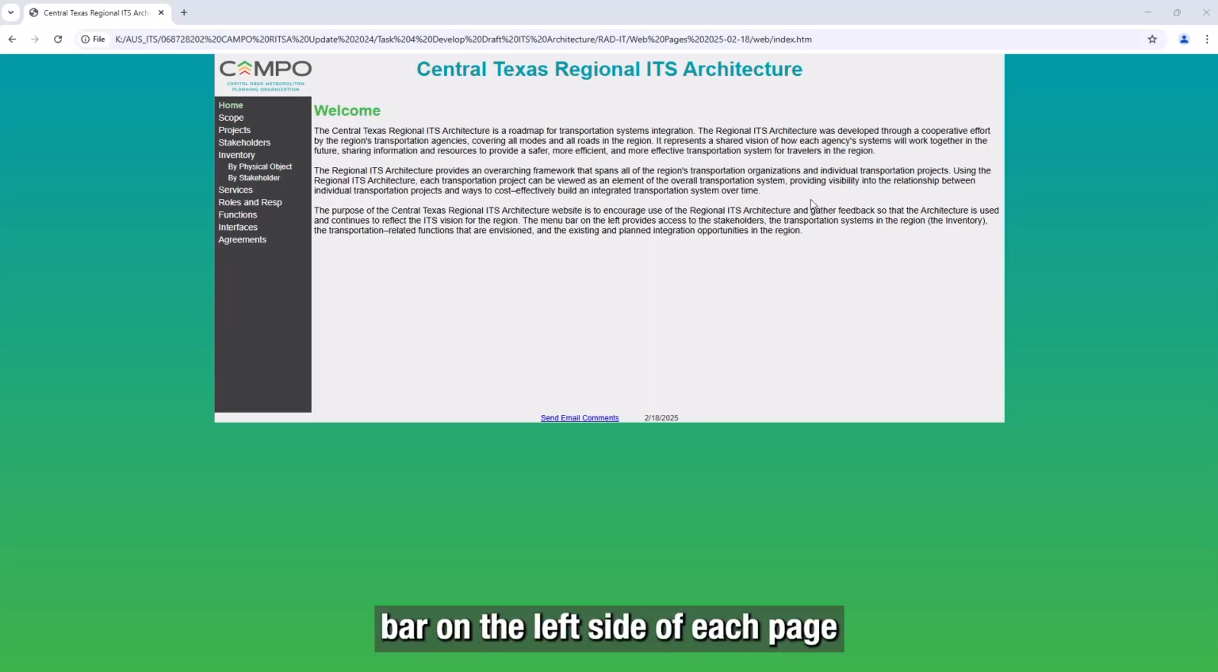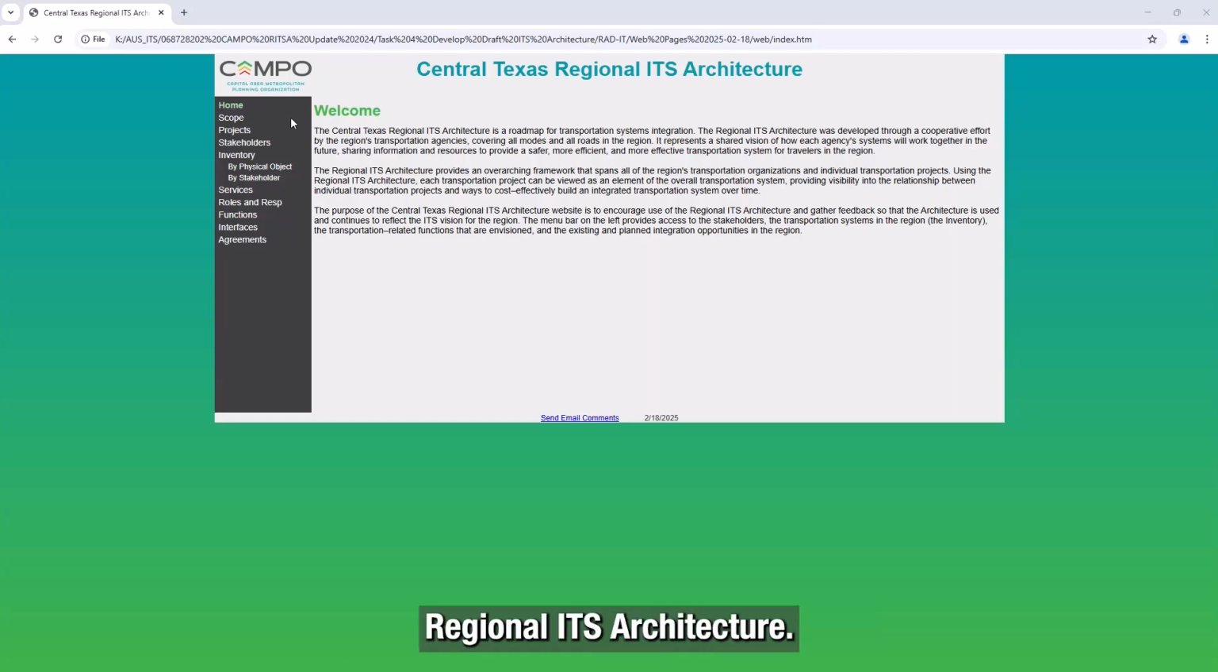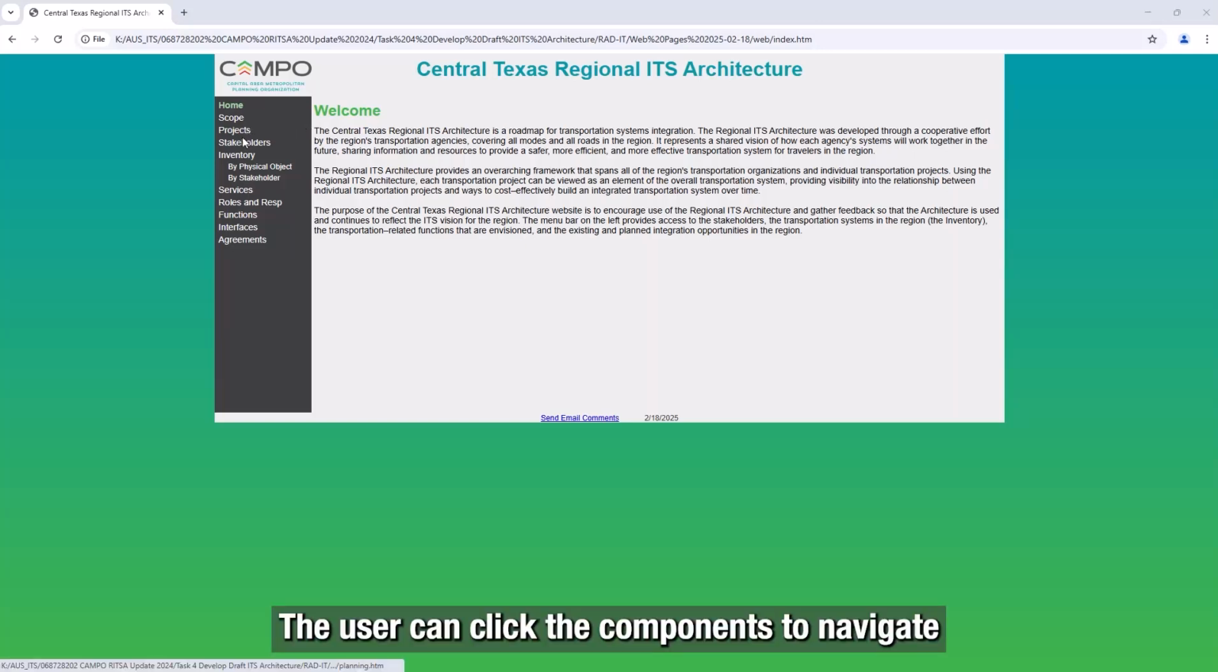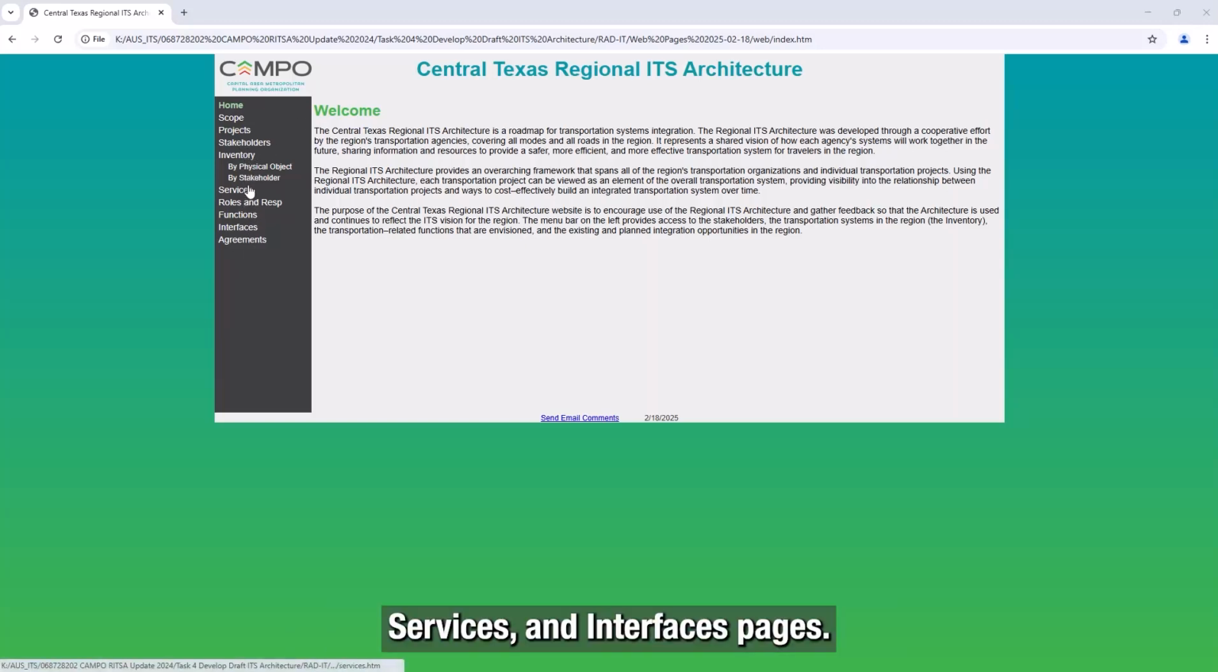The navigation bar on the left side of each page of the online interactive ITS architecture lists the components of the Central Texas Regional ITS architecture. The user can click the components to navigate to a page with more information about each. This training video will take a closer look at the inventory, services, and